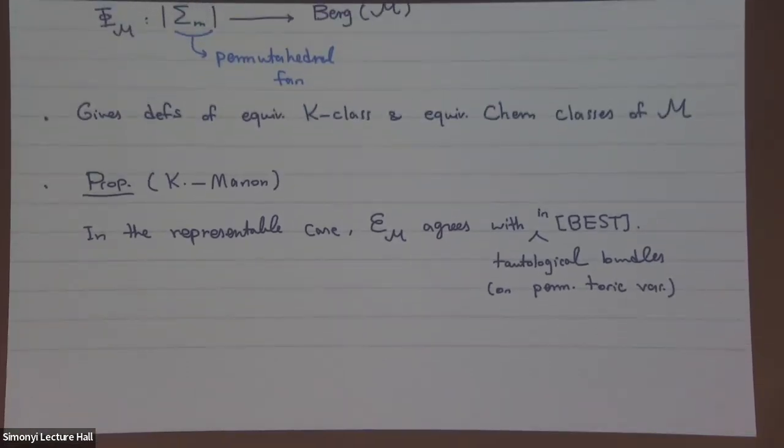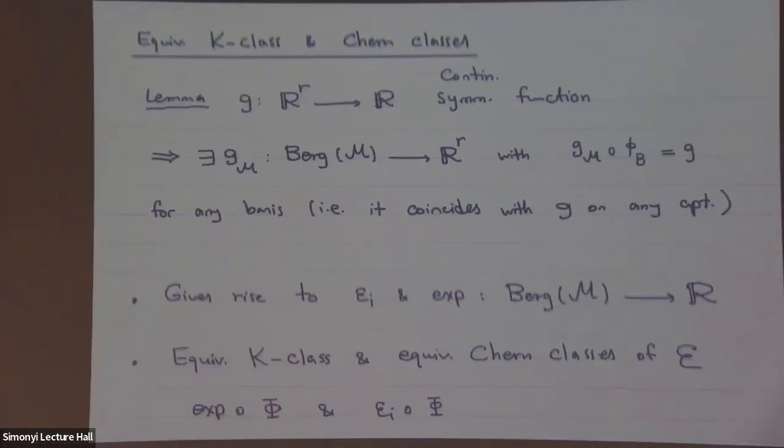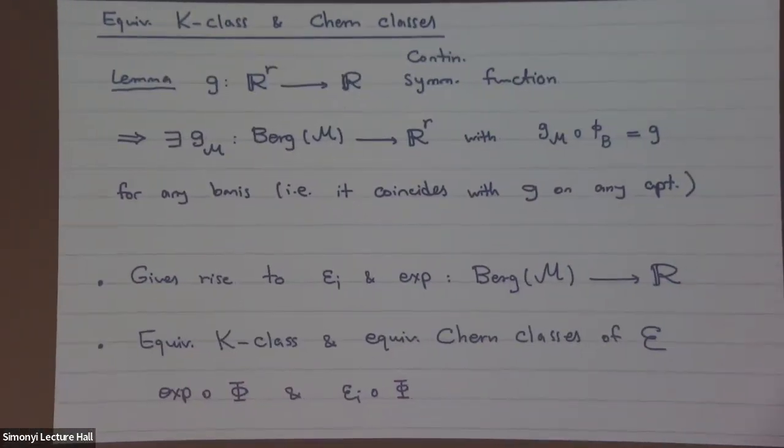But you take your linear space, and then the orbit closure of your linear space in the Grassmannian, and then pull back the tautological rank sub-bundle. Okay. And then if you have a symmetric function, I'll finish soon, in less than 10 minutes. So there's a little lemma, not difficult. If you have a continuous symmetric function